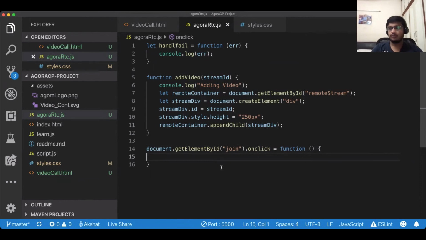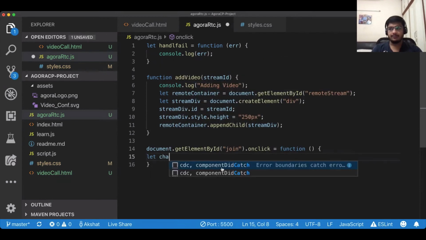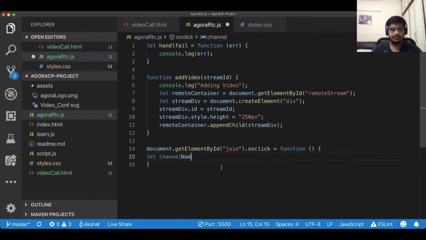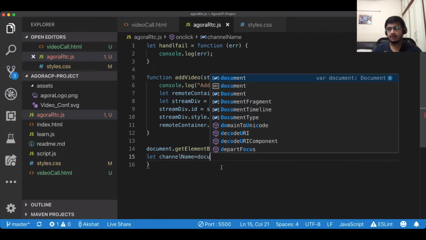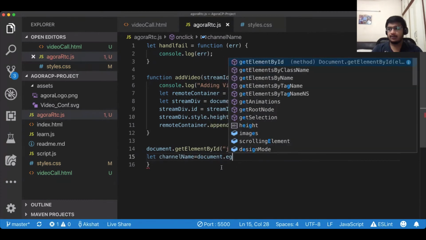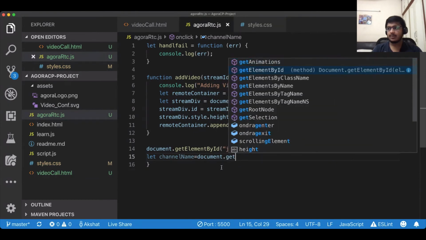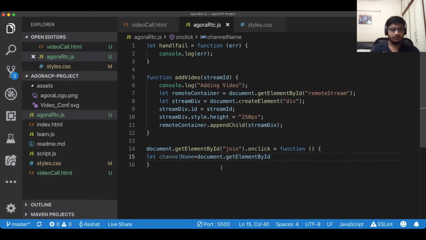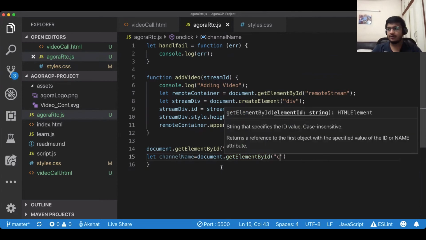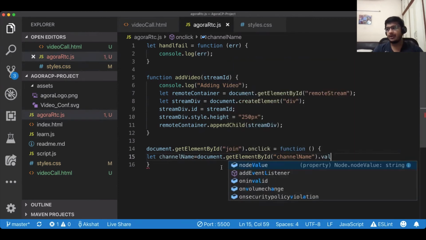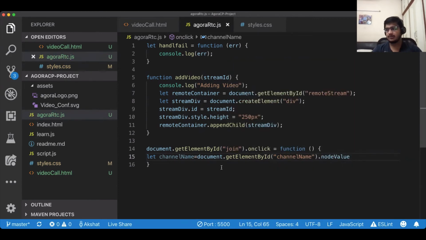Yep. So now I'll input the channel name. Channel name equal to document dot get element by ID. This is why I love using code editors. They have a really good autocomplete, so you don't need to type the whole thing yourself. Otherwise, coding is a real challenge. So what I'm doing right now is, sorry, it has to be value.